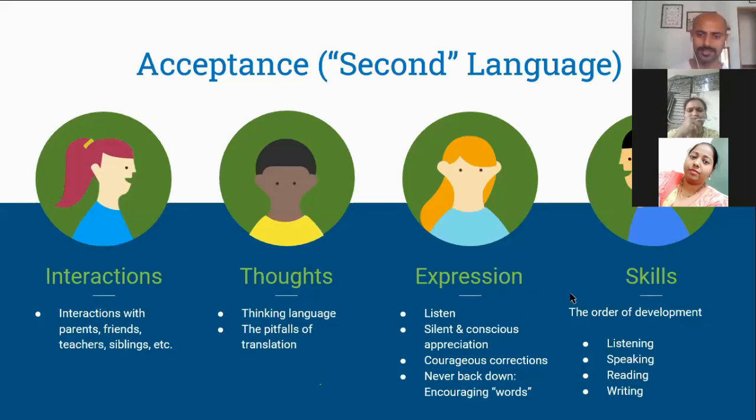So the next is expression. Amongst ourselves within the family at home or within the school, we should make sure that we use the correct forms of words, we should always have the right words, and we should not tone it down just to make it simple for the children. Yes, if the children ask, you can explain it in 3 to 5 different ways, but till the child doesn't ask, the words should never dip down in quality. Your language should always be good and fluent. So that is what the child picks up.